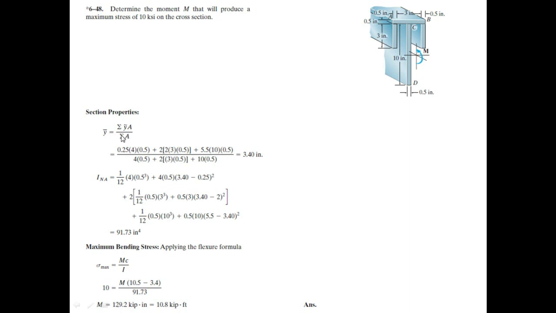और एरिया अगेन सारे लोकलाइज्ड एरियाज को हम ऐड कर लें आपके पास सेक्शंस के, तो टोटल आपके पास सेक्शन का आ जाएगा 4 इंटू 0.5, ये वाला टॉप वाला। दूसरा 3 इंटू 0.5, और दोबारा 3 इंटू 0.5, तो कर दिया 2 इंटू 3 इंटू 0.5, प्लस इसका कितना हो गया 10 इंटू 0.5। तो ये आपके पास बन गया। इसको सिंप्लीफाई करेंगे, जब इसको हम सिंप्लीफाई करेंगे तो हमारे पास बन जाएगा 3.4 इंच, इसका सेंट्रॉइड वाई बार आ गया।